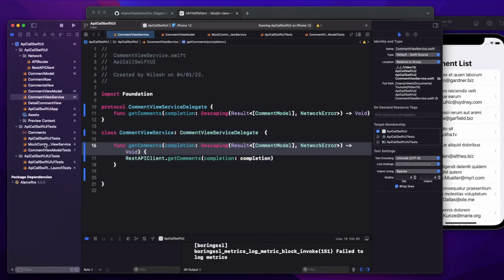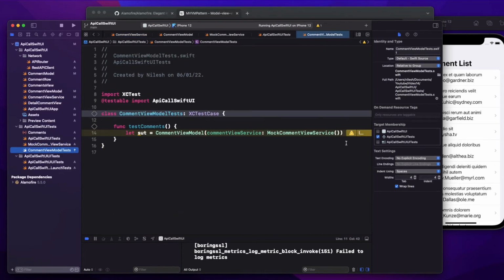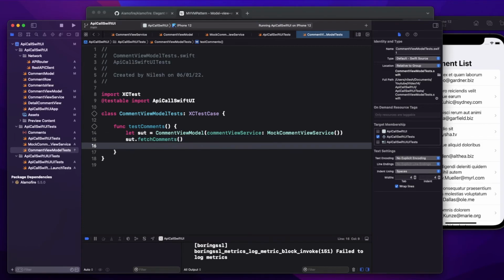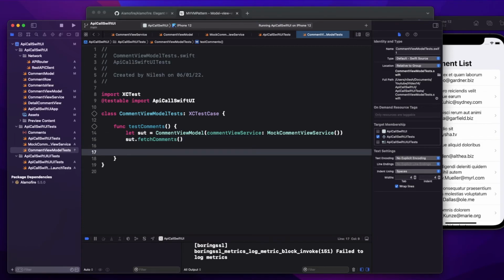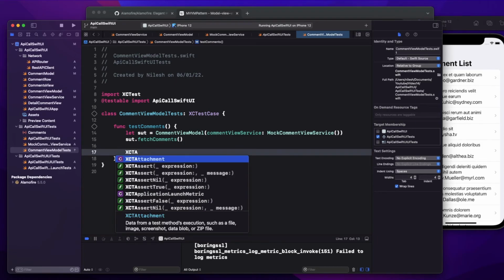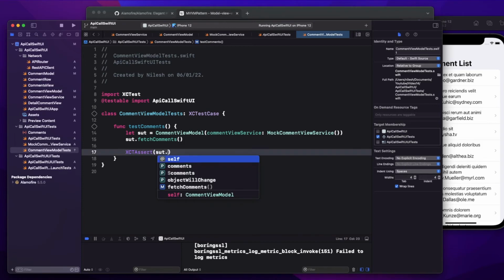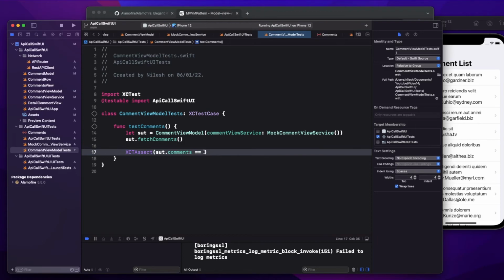So now let's go back here, and I'm going to just write dot fetch comment. And after that let's write a simple case, XCTAssert dot comments equals to.